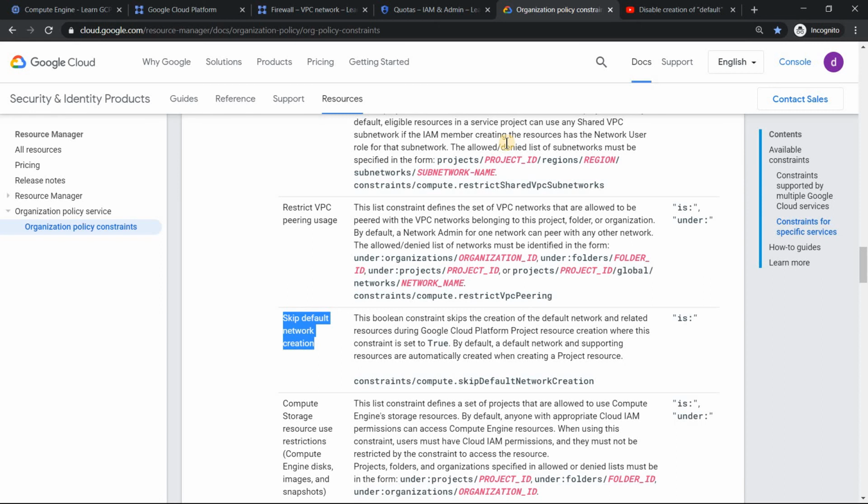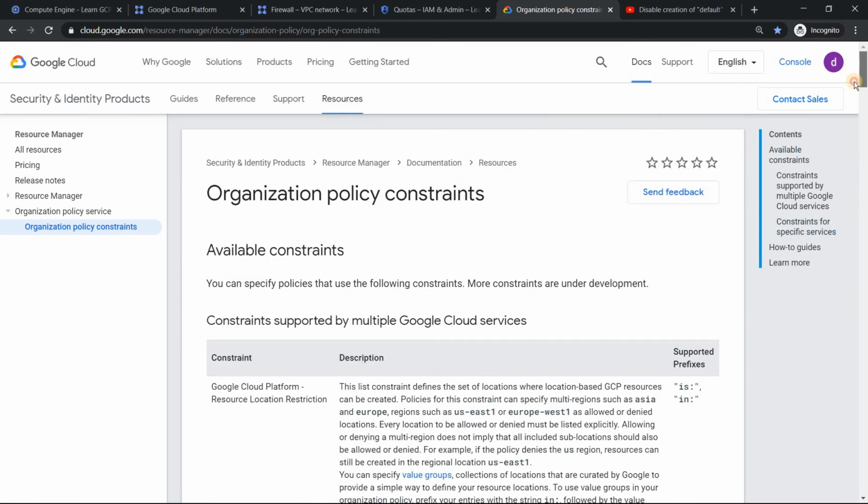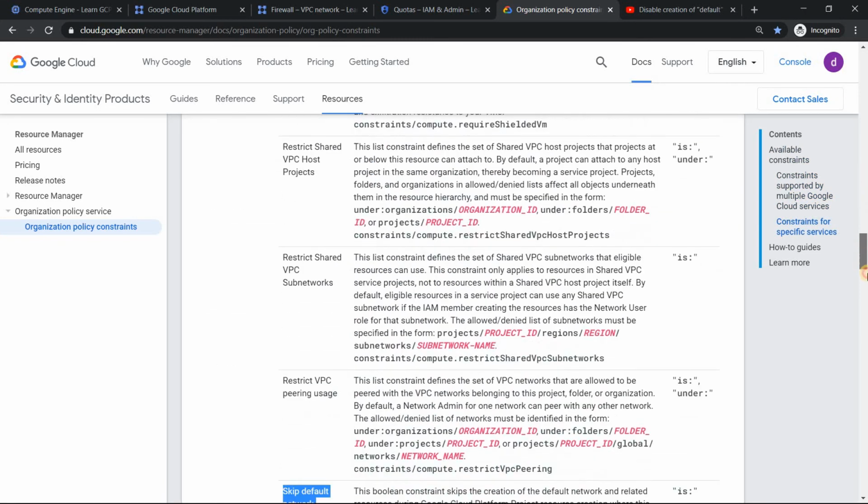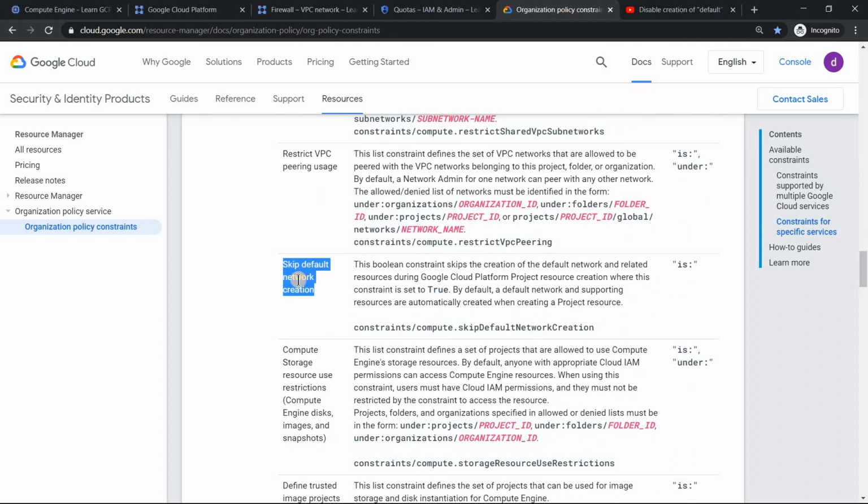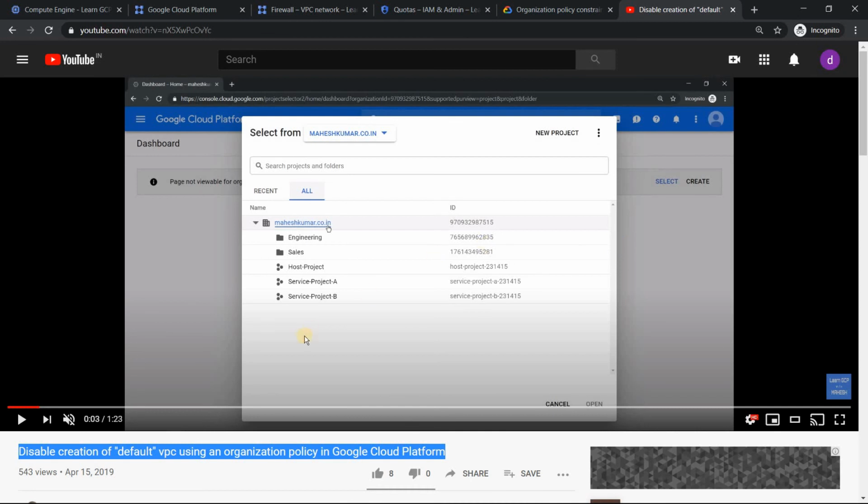Then the best option is, if you are doing it for an organization, definitely it is a paid account. You will have an organization node. So if you go to the organization node and look into the organization policy, there are various organization policies which you get. One such organization policy is skip default network creation. When you do this, when a project is created and when you click on Compute Engine for the first time, a default VPC will not be created. Good option. How do you do that? I have a video which I created almost a year back. Just look into the video. I'll put the video link in the description. Look into it to see how to do that. Simple, straightforward option.